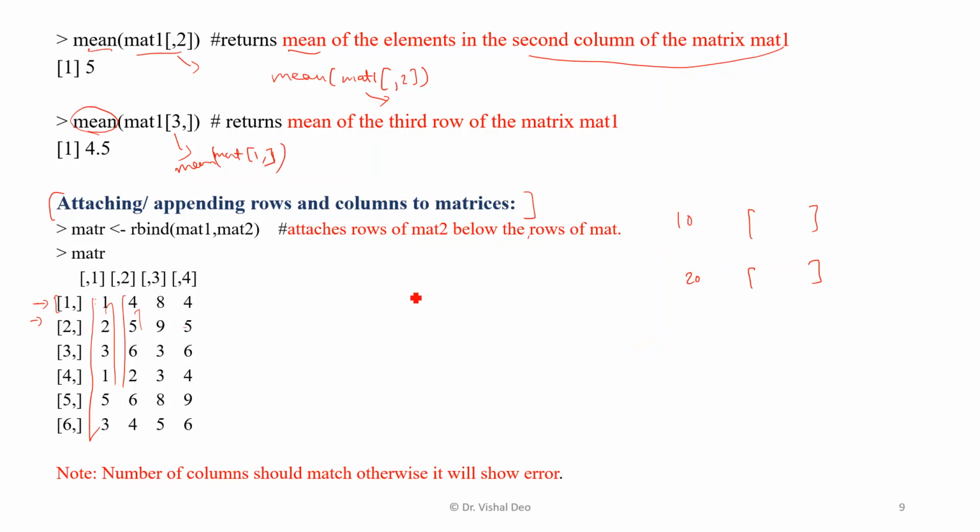So this is what we mean when you want to combine matrices to form one, or you can say when you want to append the rows or columns of matrices. So first we are dealing with the rbind function, which is short for row bind. So we are binding rows here. Binding rows means we are attaching